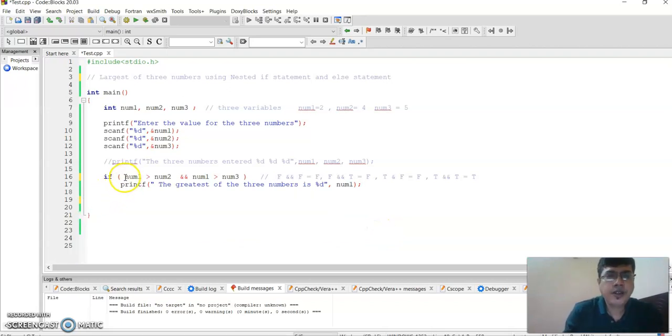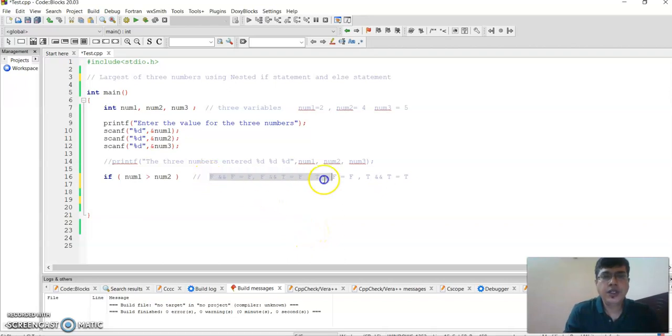In the last one, we had in the if statement the AND operator, a combination. Now we will not use the AND operator. Simply, I want to put: if num1 is greater than num2. Now if this is true, if this is true,